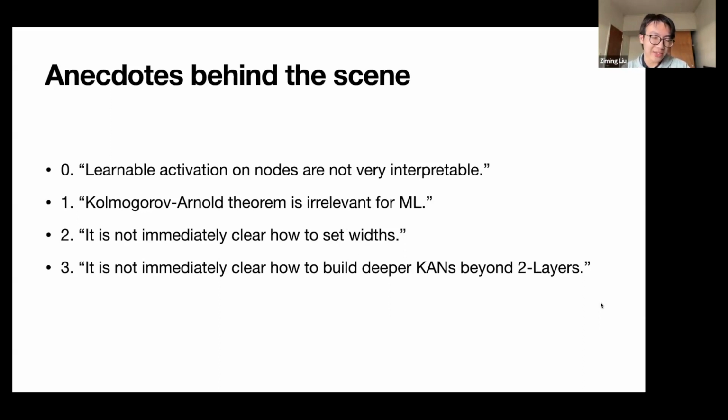But at the early stage of the project, it was not immediately clear how to set the width of the network, because the representation tells us it's 2n+1. For programmers and people in machine learning, it may seem very natural to have a tuning parameter, but sometimes mathematicians and physicists are too constrained by the theorem. So it took us a while to realize that we can generalize it to arbitrary width. It can be wider, and it can also be less wide.